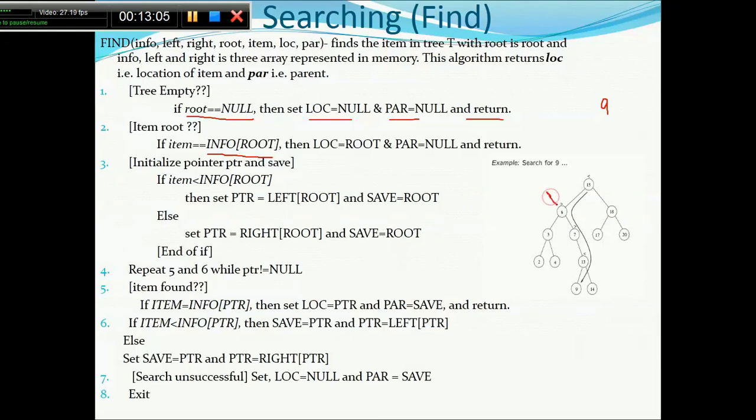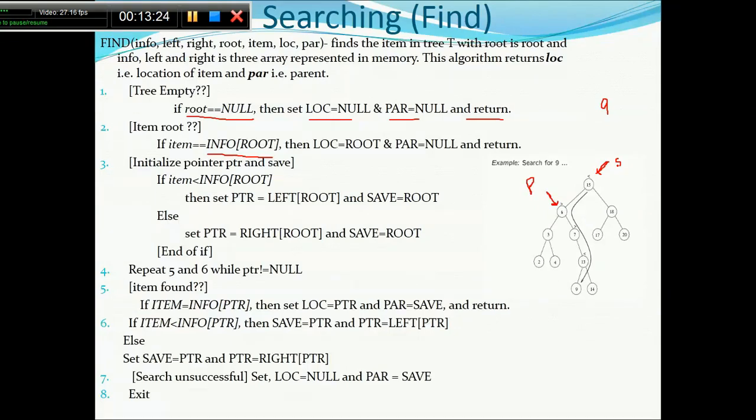So the PTR will now point here, and save equal to root, so the save will point here. I will zoom in at the end so you will get an idea. Step number 3 is done. You have chosen the left part.